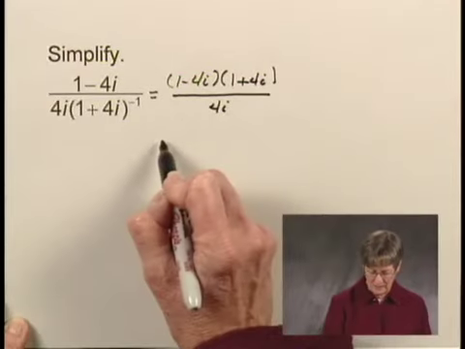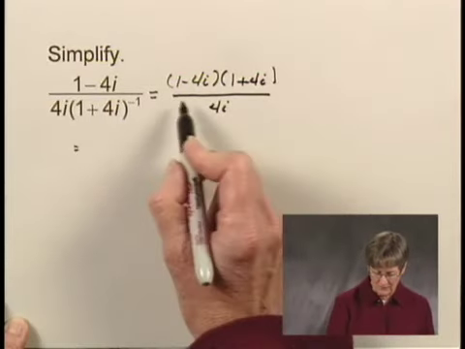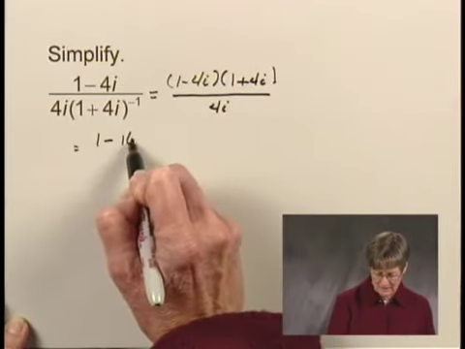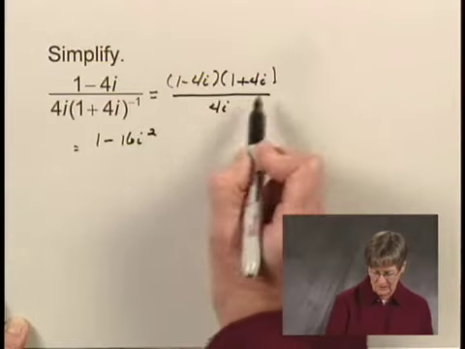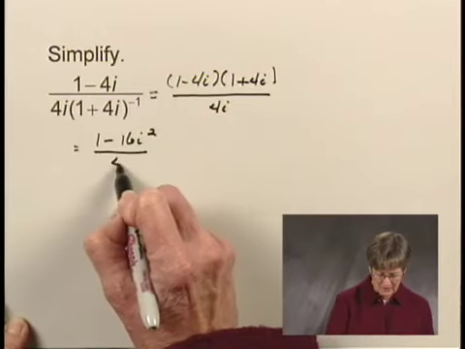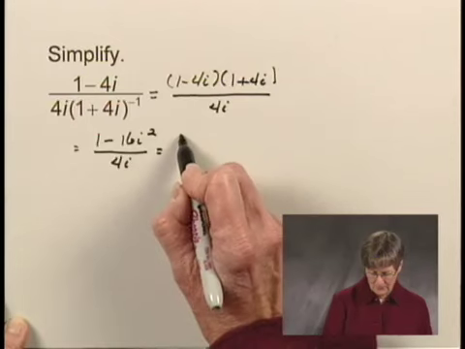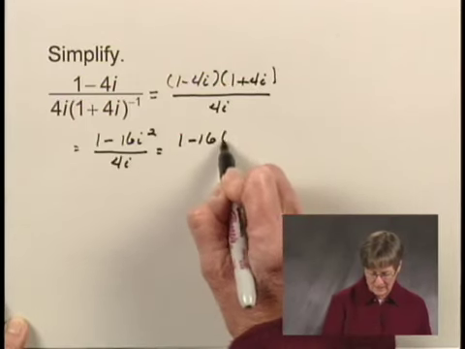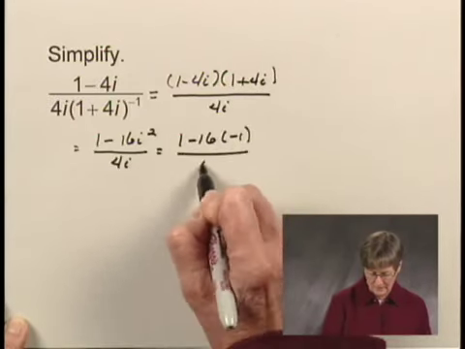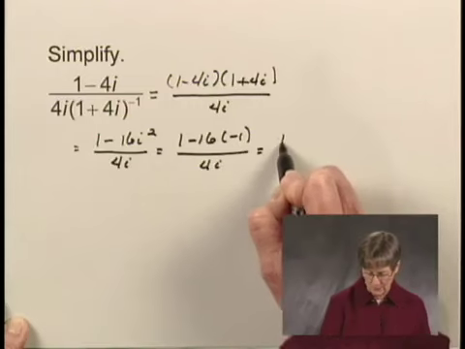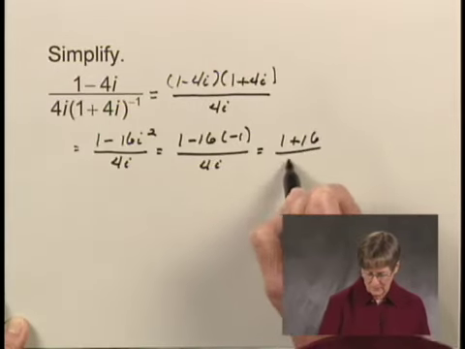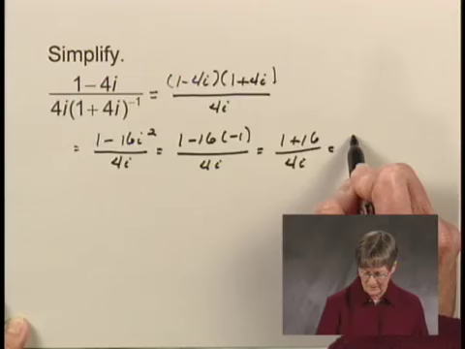Now let's do this multiplication in the numerator. I'll have 1 minus 16i squared when I multiply these two together, and that's over 4i. i squared is negative 1, so I have 1 minus 16 times negative 1 over 4i, or 1 plus 16 over 4i, which is 17